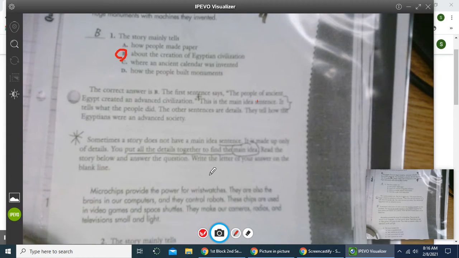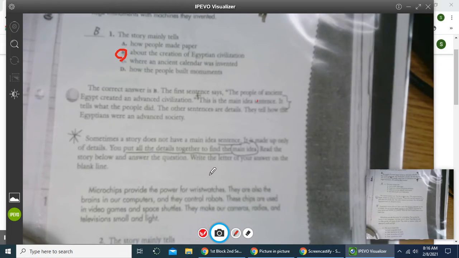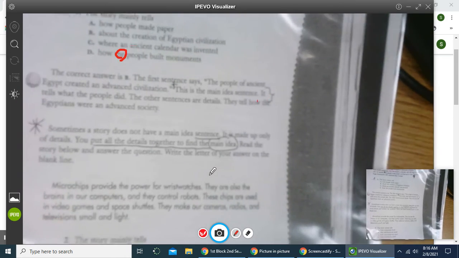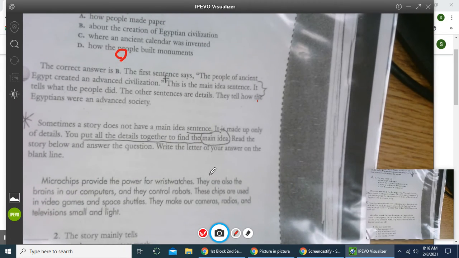If you look at your copy, which is probably easier to read right now than my copy is for whatever reason. This is not coming in very clear. Oh, better. You will see that the main idea is in the paragraph. So while the main idea doesn't always have to be a sentence in the paragraph, the paragraph could be just all supporting ideas about one common theme. So that is known as an inferred